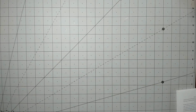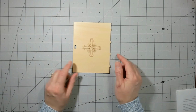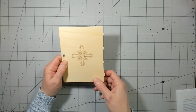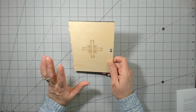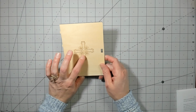And then it will also do things like etching. This was all etched in there, that design. So it didn't cut all the way through, but this was cut out by the laser printer. And it was meant to be the back of a journal, but we messed it up. But anyway, like I said, learning curve. So anyway, it'll etch or cut